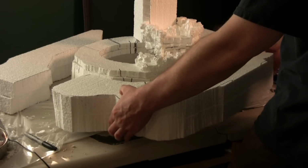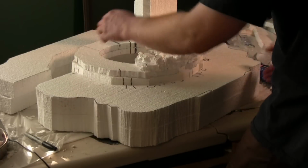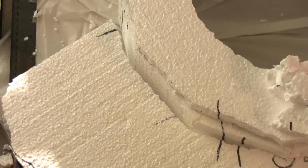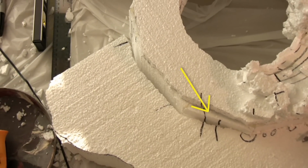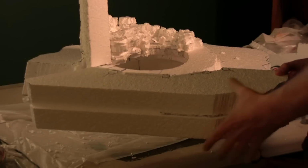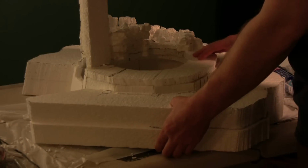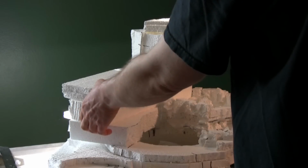Proceeding to apply more adhesive. And here's where you can really see where I've got the black marks. So I'll put a black mark on each piece to know where the other piece lines up with it. So gluing that in place. And here are those